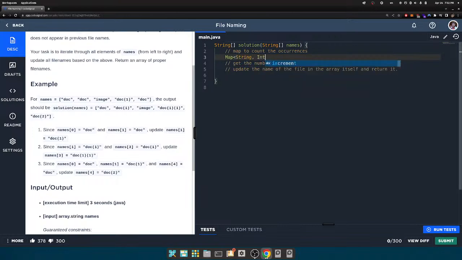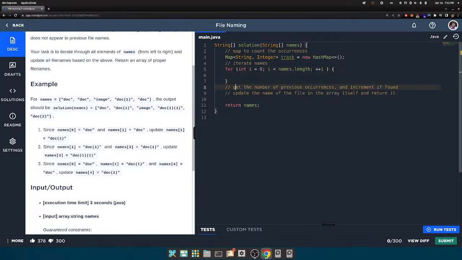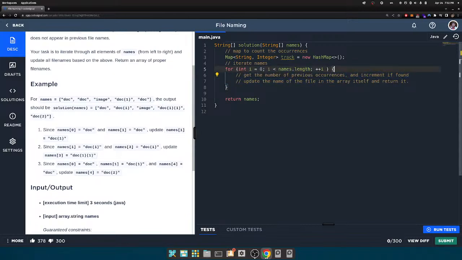So we have a string, then we have the integer, track, and then just a new hash map, whatever. Let's also return names. Just always iterate names, right? So for int i, zero to names dot length, and then get the number, in this case,